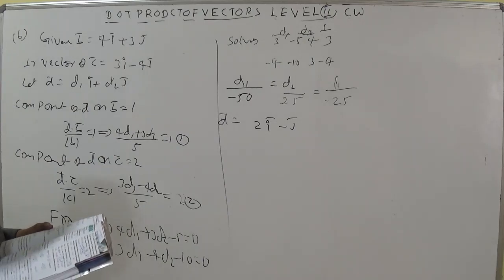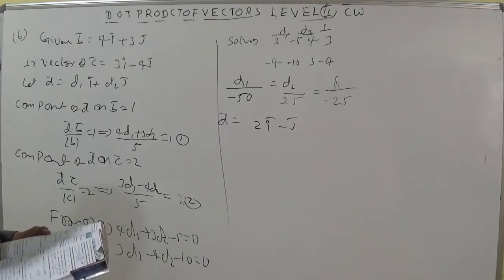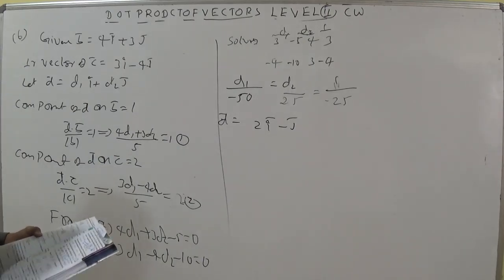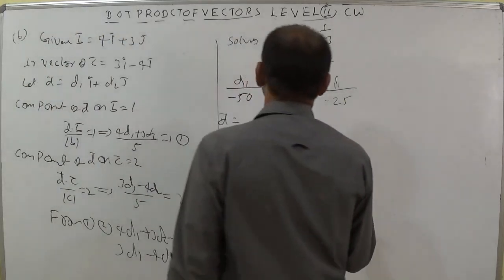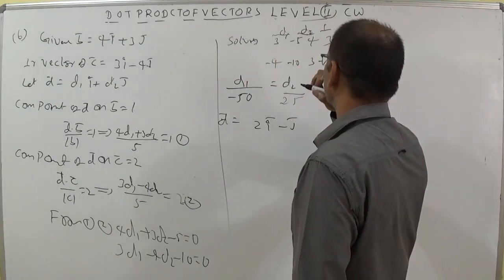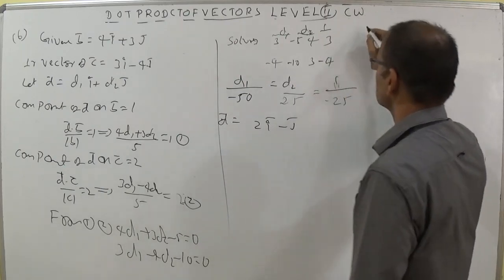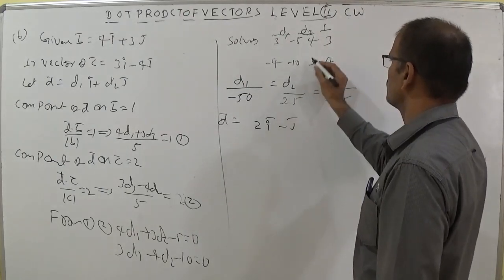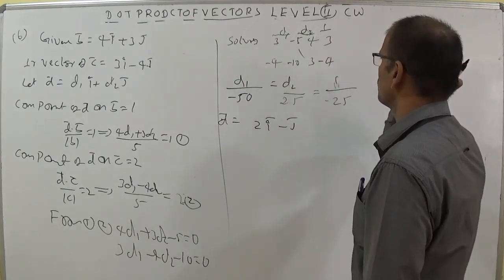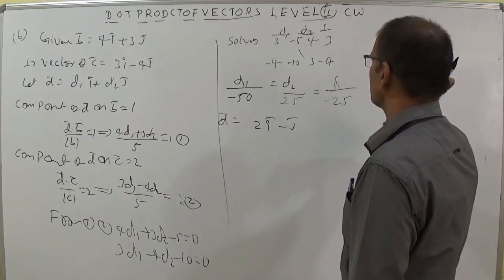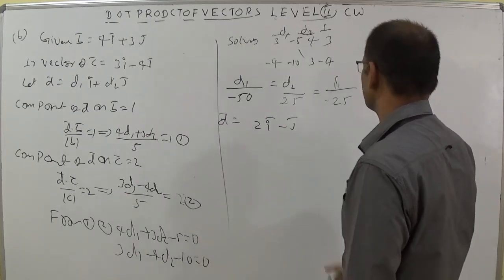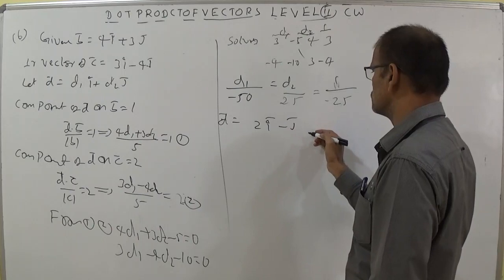By solving, 3 minus 5, 4, 3 minus 4 minus 10, 3 minus 4. d1 is equal to minus 30 minus 20, it's right. This is minus 15 plus 40, 25. So 1 by 25, this is j.